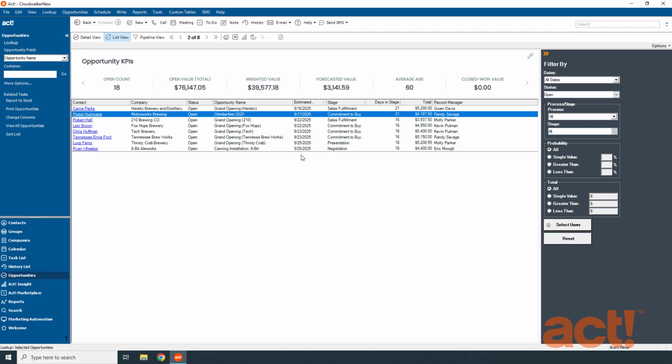Now, before beginning, there are a couple of preparatory items to consider. First, you should be viewing the opportunity list like this. And second, set your filters on the right like I've done and use specific lookups so that you only see the opportunities that you want to change, because the Updater is going to change every opportunity displayed in your list